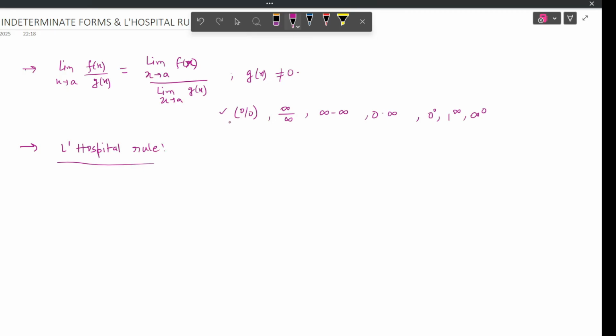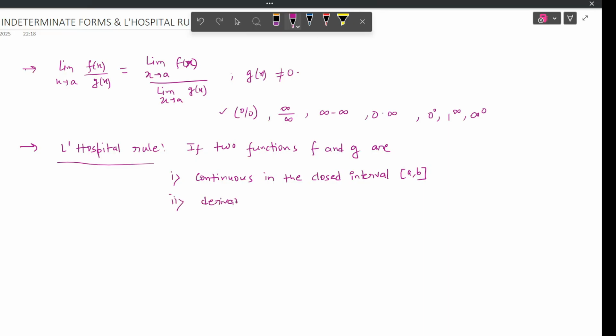Now see, the statement is: if two functions f and g are, number 1, continuous in the closed interval a comma b, number 2, derivable in the open interval a comma b, and number 3, the limit as x tends to a plus of f of x is 0, which equals the limit as x tends to a plus of g of x,